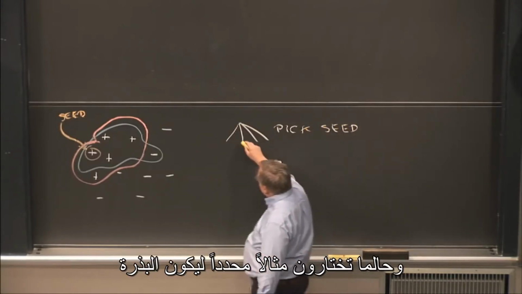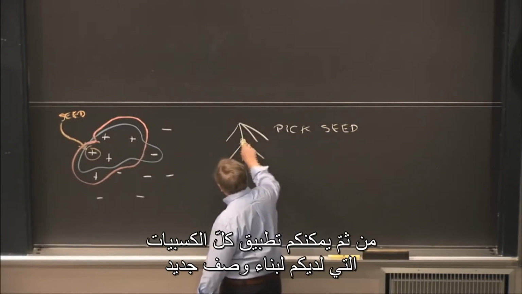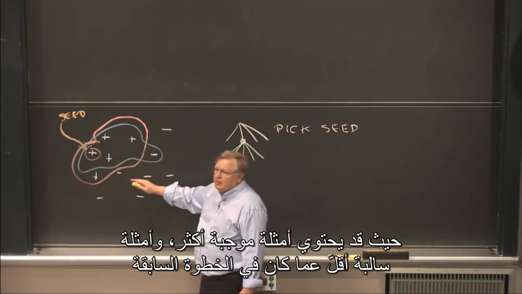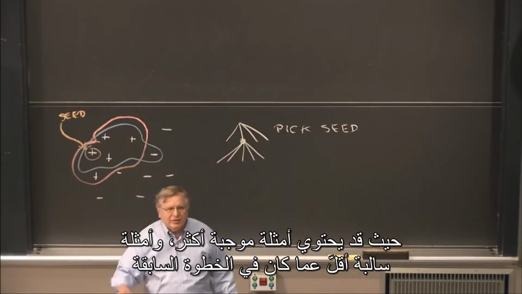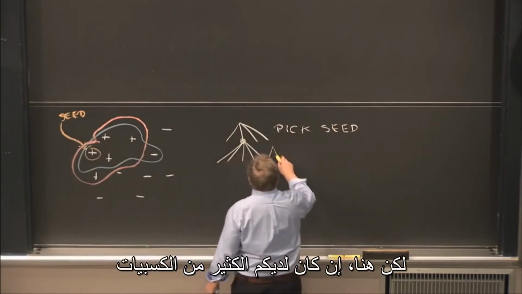And once you've picked a particular example to be the seed, then you can apply all of the heuristics that you have to make a new description that may cover the data better. It may have more of the positives and fewer of the negatives than in your previous step. But if you have a lot of heuristics,